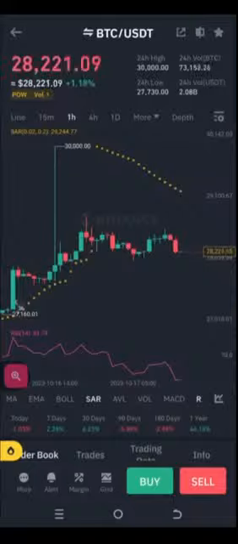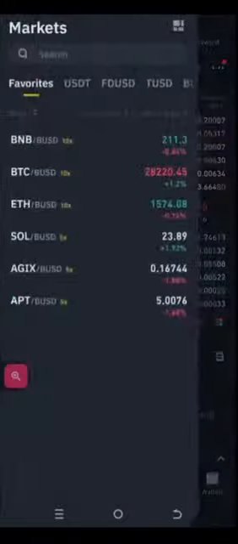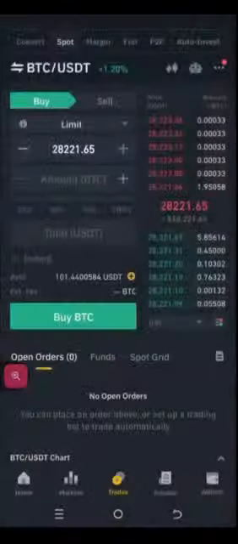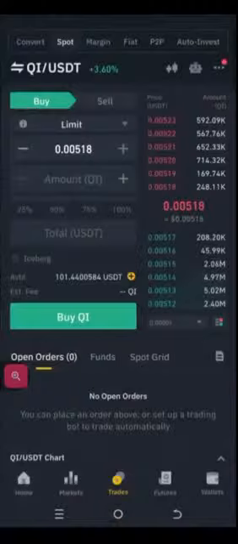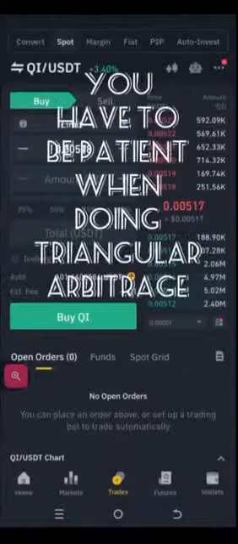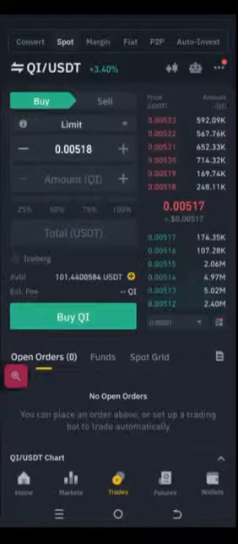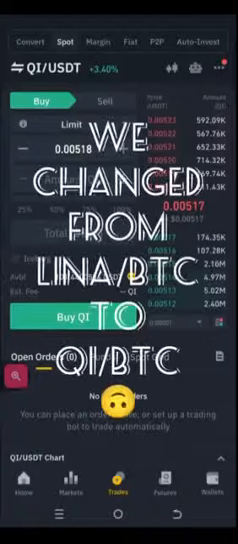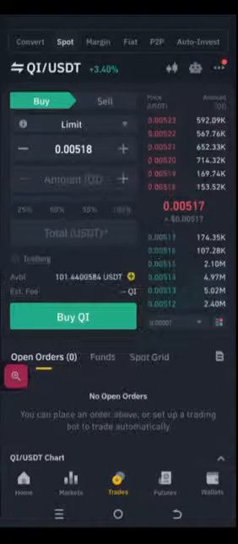But anyways, it's not about BTC. It's actually about QI USDT, and that is our triangular arbitrage. And it's good. We were able to make money. But let me tell you something. If you're doing triangular arbitrage, you gotta be patient, because you never know when it's gonna come out. The reason why this took about 9 days was because of the bloodbath that happened, and we had to change from Lena BTC. Remember, go all the way, change to QI BTC, and then sell for profit in QI USDT. So it took a long roundabout journey, but eventually